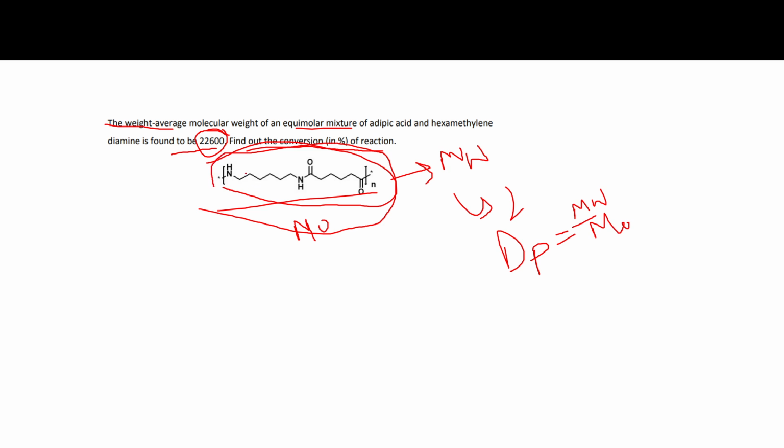The number of CH2: 1, 2, 3, 4, 5, 6, 7, 8, 9, 10. So 10 into 14, right? 14 means every group has that CH2. So it will be coming around 140, and the nitrogen and hydrogen will be 15 and 15. So it will be 30,